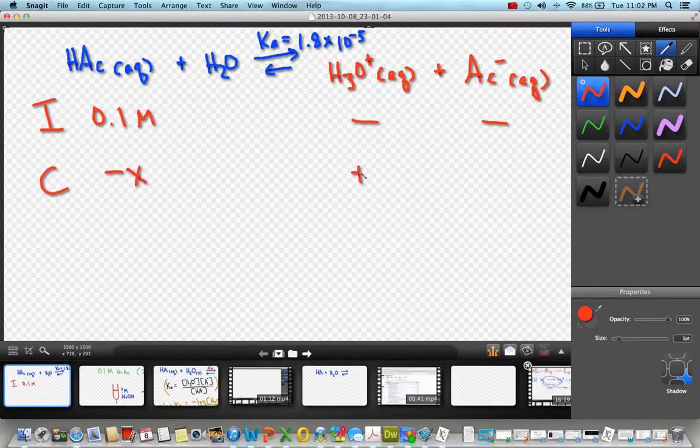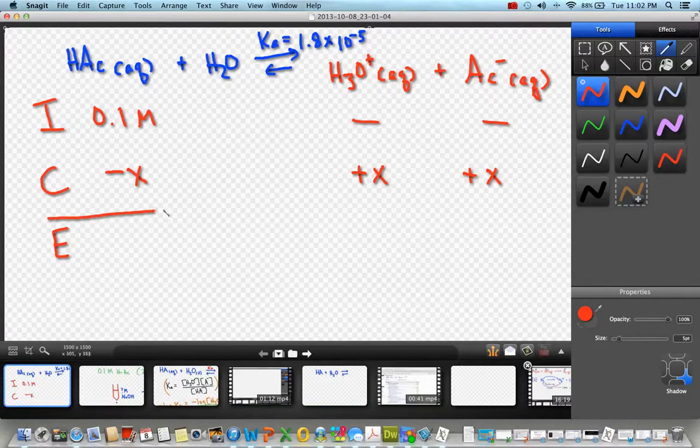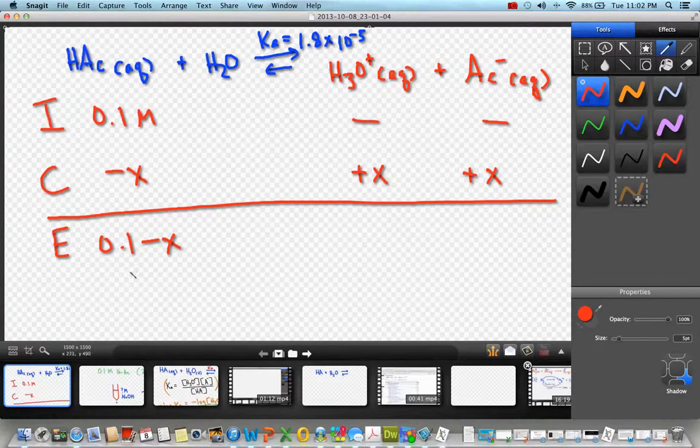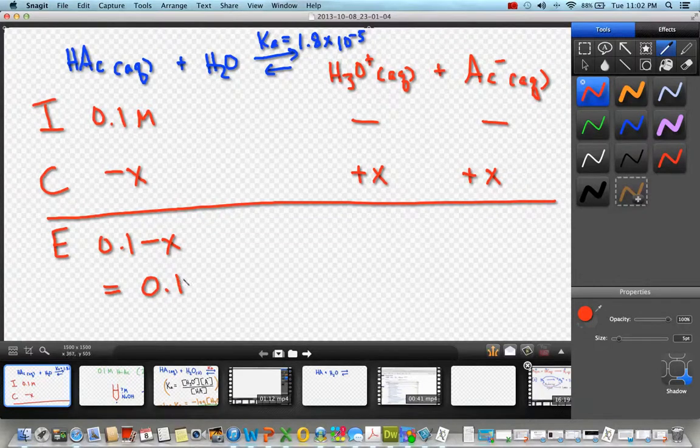We know that I will convert some unknown amount of my acetic acid to product. So at equilibrium, I'm 0.1 minus X, which we approximate as equal to 0.1,